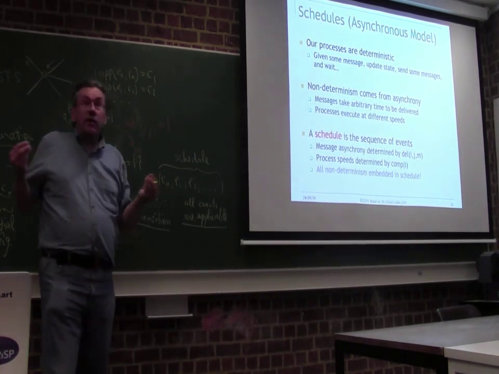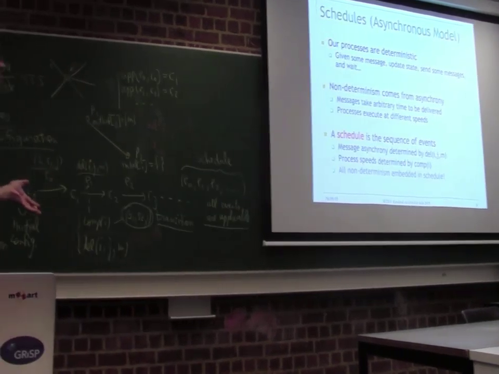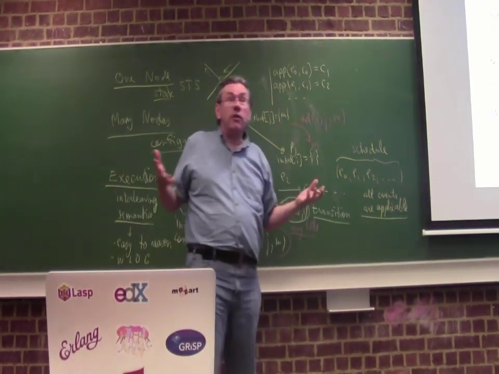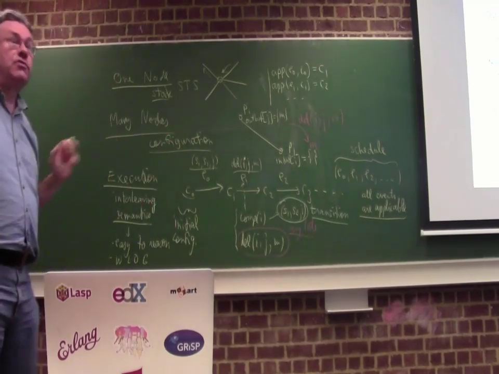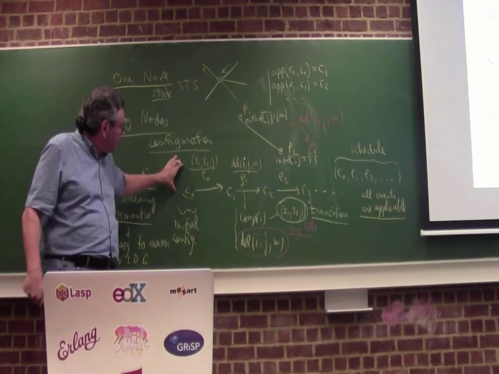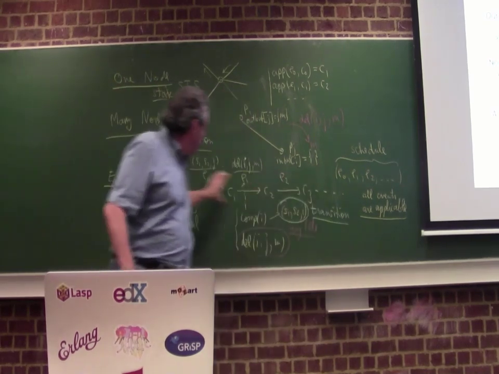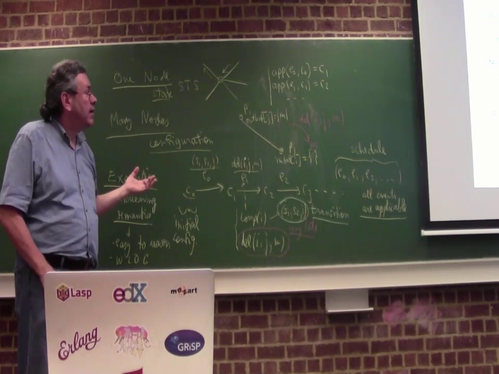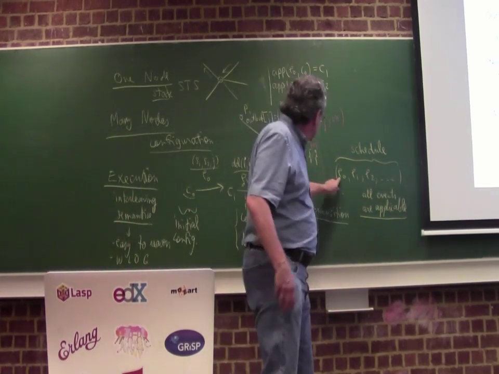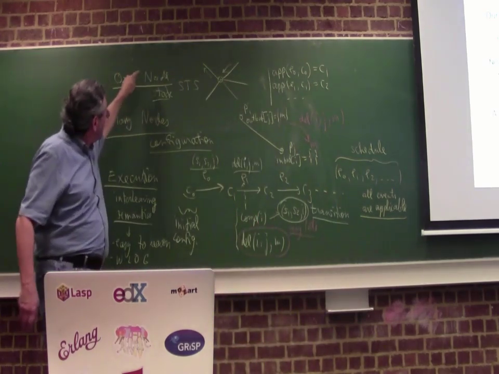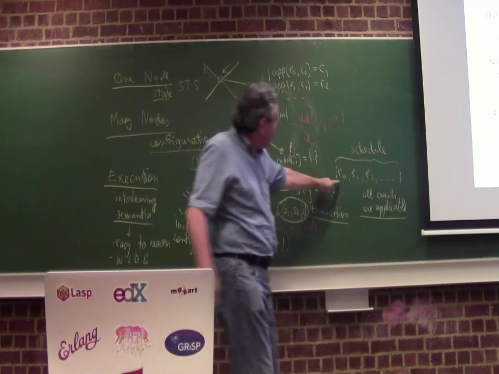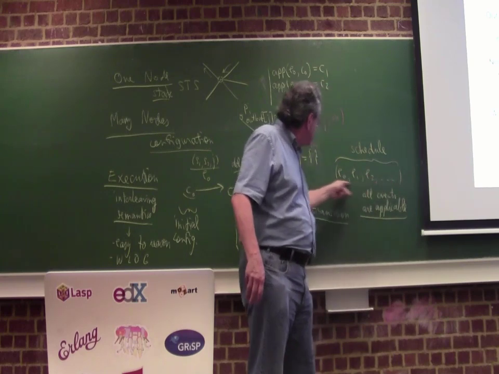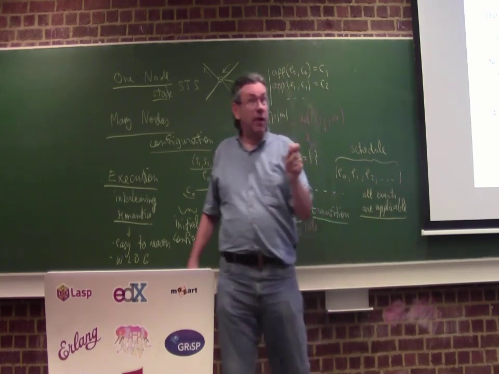So for a given algorithm running on a distributed system, there are many possible of these schedules, and so the system will actually be non-deterministic. And this is how real distributed systems work. In an asynchronous model, this is actually modeling the asynchrony where the message travel time can be anything. So you can see that the processes, the single nodes, are deterministic, but the schedule introduces non-determinism. Because of the timing, there are many possible schedules for a given algorithm.